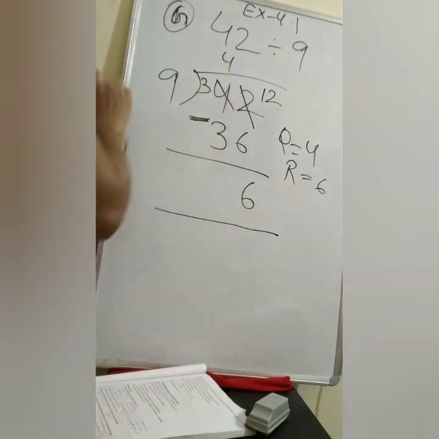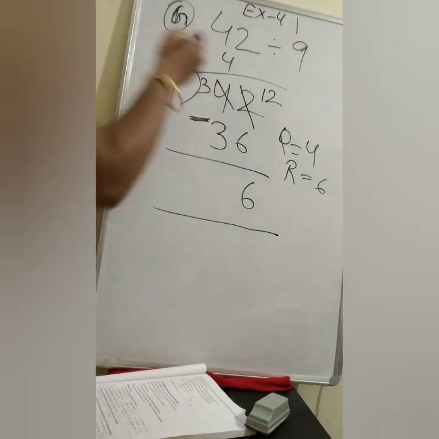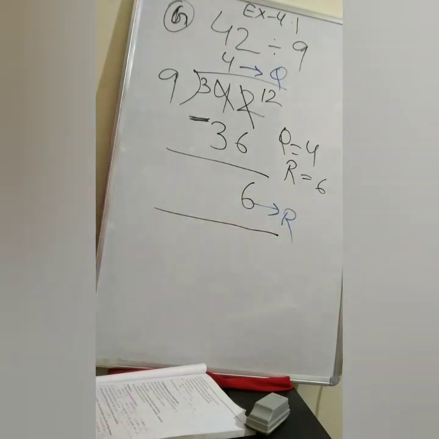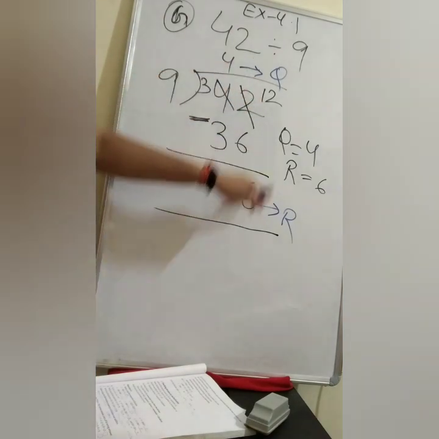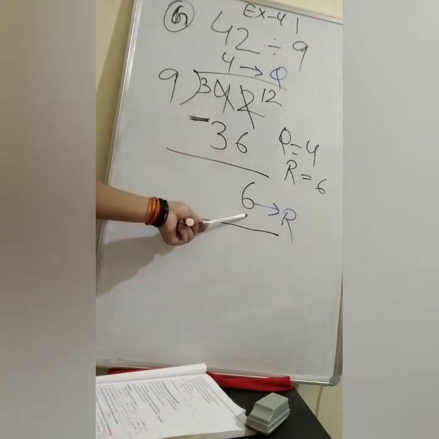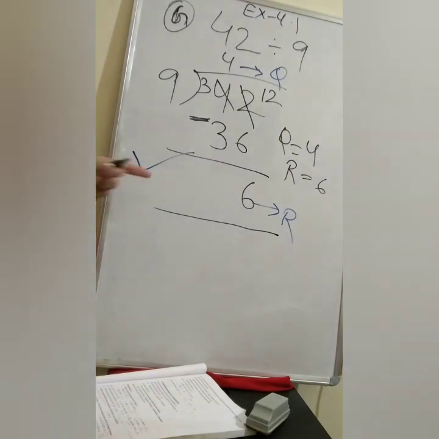Now what is written here, no? This is your quotient. What is this? Quotient. And what is this? Remainder. Okay? This is your remainder and this is your quotient. So they have told you to put a tick if it is correct, and if it is wrong, you have to put a cross. So here the quotient is 4 and the remainder is 6, and in the book also it was written the same. So you will put a tick in the box in front of the question.